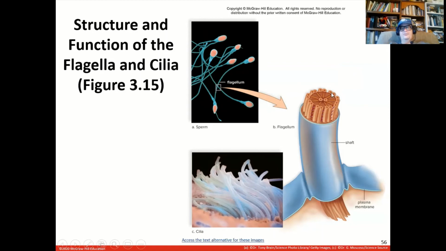9+2 is how most science nerds describe the structure here on the flagella. You have 9 pairs around in the middle, 9 pairs around a pair in the middle. Anyway,